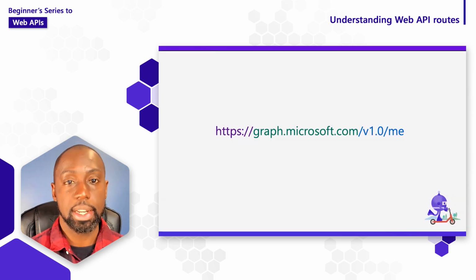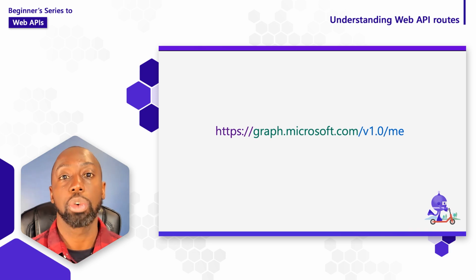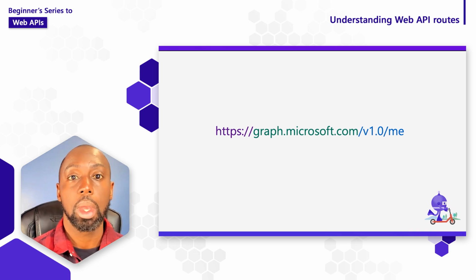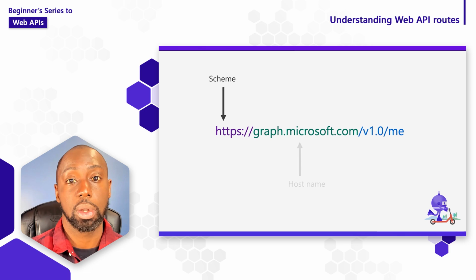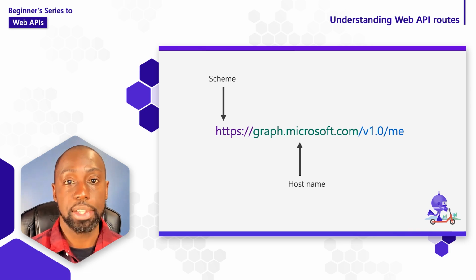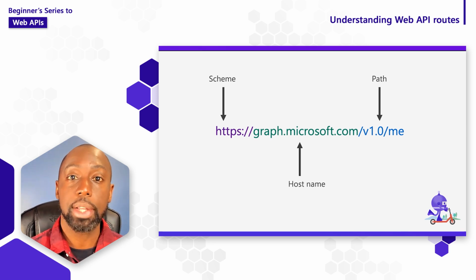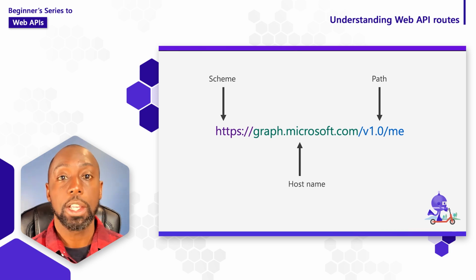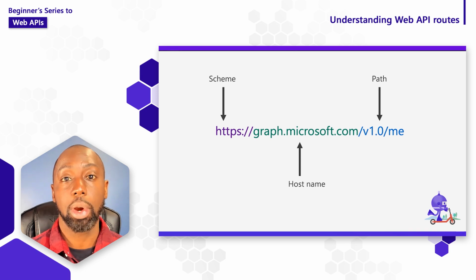So why don't we take a look at an example of a URL. This one is coming from Microsoft Graph, and this is an API that allows us to get information from our M365 account. Now, if we break up this URL, we can see that it's made up of a scheme, which lets us know, for instance, what protocol we're using. There's also a host name that lets us know, well, what domain does this API live under? And lastly, we have the path. The path tells us, how do I get to that resource that I want to work with? So if we read it out, I'm saying I want to issue an HTTP request to Microsoft Graph to get